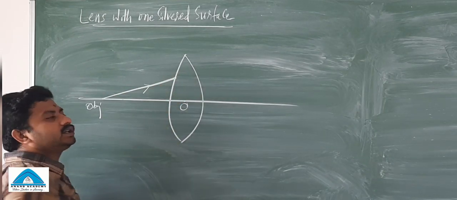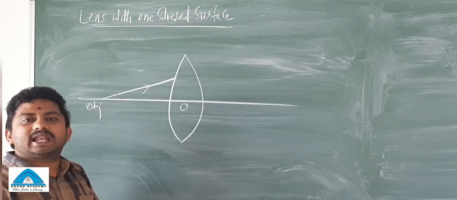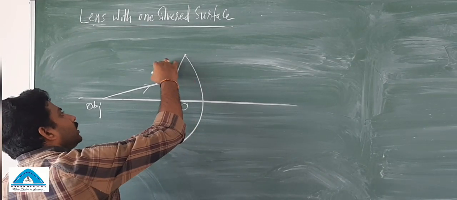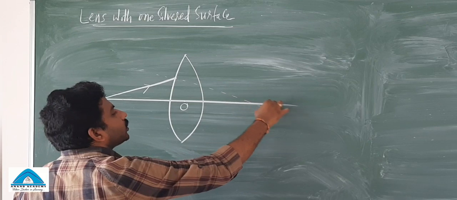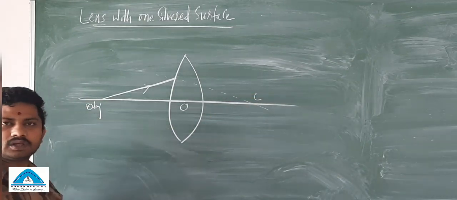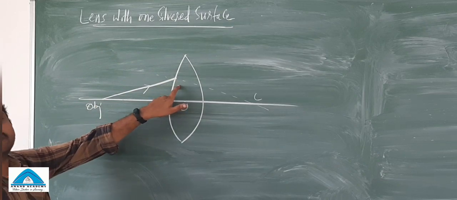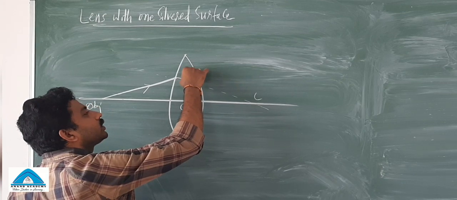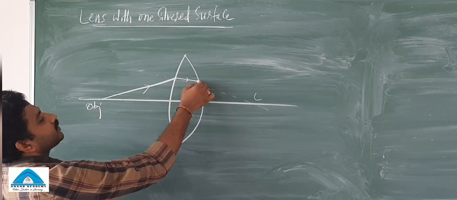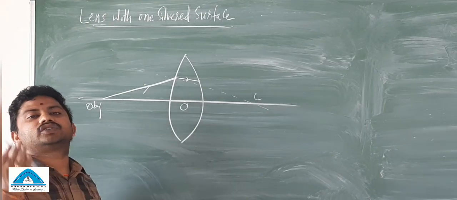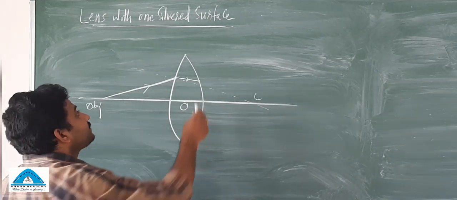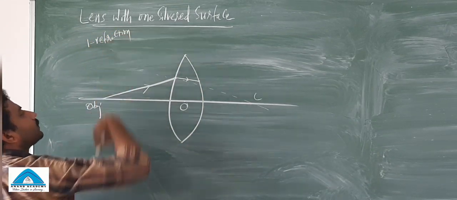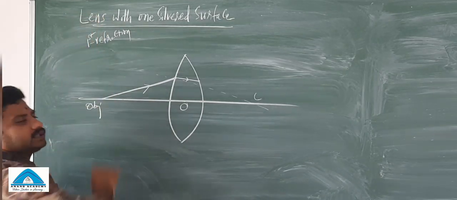This is the point where I will be drawing the normal line, because the refraction phenomenon takes place at this surface. The normal line I have drawn passes through the center of curvature. A light ray moving from rarer medium to denser medium will be bending towards the normal. So it is bent towards the normal here, you can check. And it is the point of incidence. Here again I should draw the normal, because one refraction has taken place. So I am just writing here, first refraction.